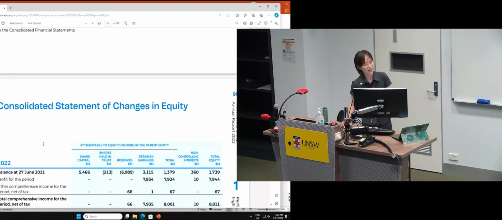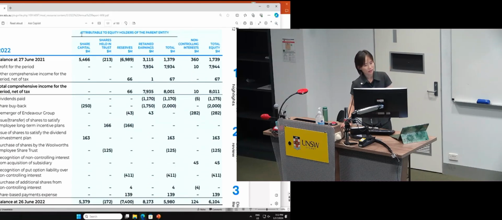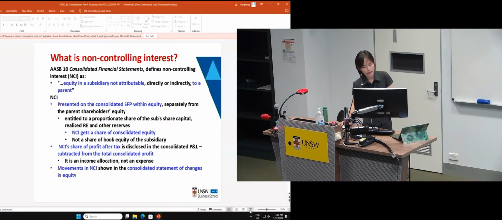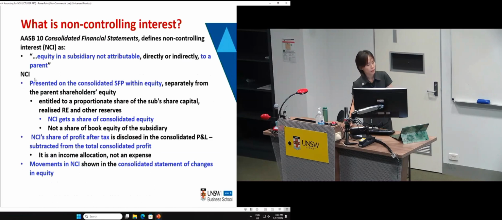Now finally, the statement of changes in equity. So you can see this is all for the parents, right? Sorry about that, now this is for NCI. So the movement in the NCI during the year needs to be disclosed. In the statement of changes in equity, you can find the changes in NCI balance from the beginning to the end, and what caused the changes, right? So now we understand the disclosure of the NCI, which is required by accounting standards in the statement of financial performance, statement of financial position, and the statement of changes in equity.